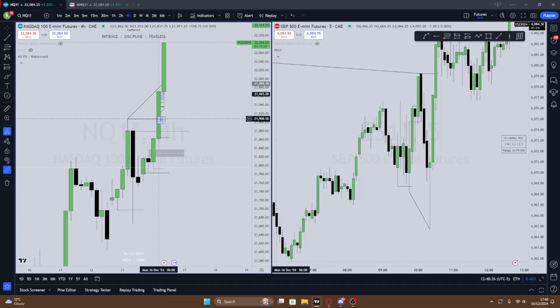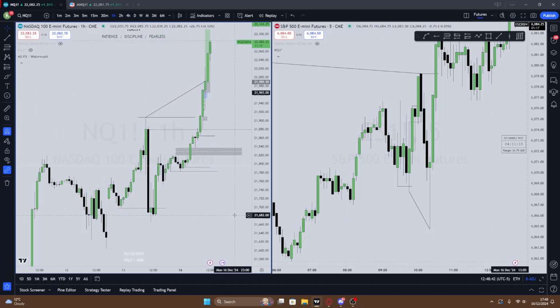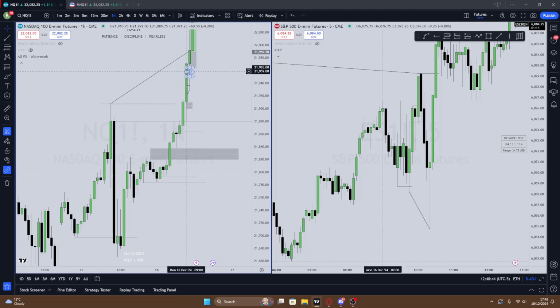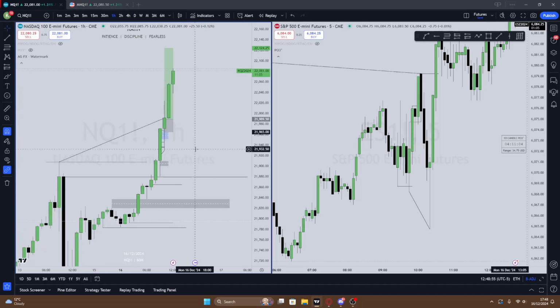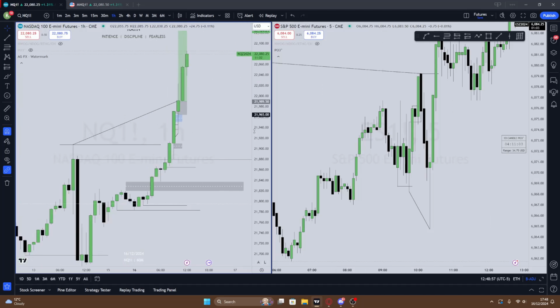It displaced above this high. So from there, you probably would be looking for longs if you wanted to. On the 1 hour, 9 a.m. to 10 a.m., again, we already came higher over here. Didn't look like a sweep of any kind. So from there, you could have been bullish.